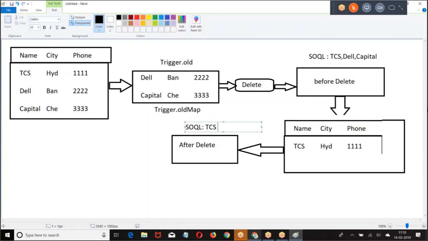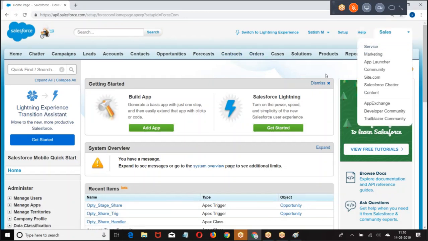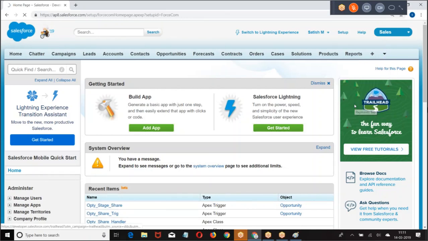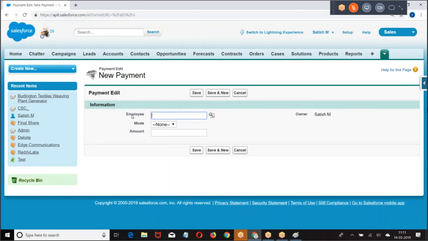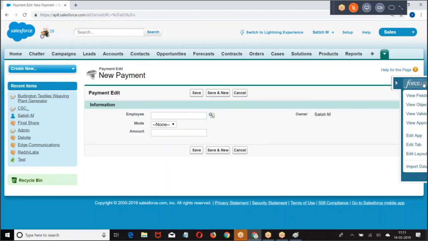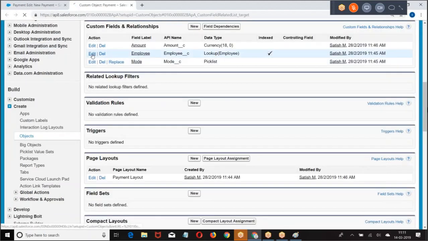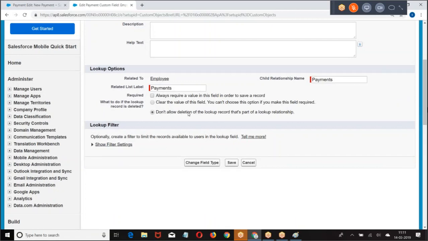I'll give an example here. Payment object, employee is a parent. There is a lookup relation. I said don't allow the deletion of a parent record when it has a child.